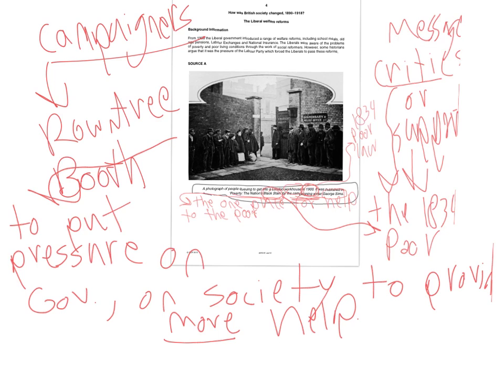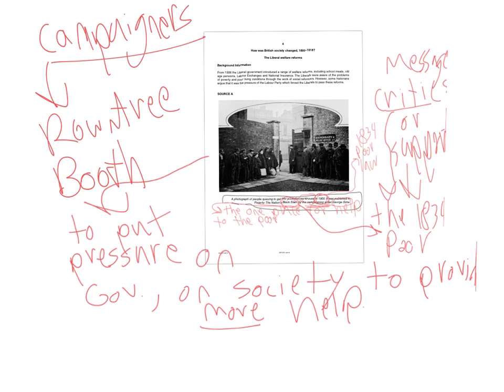So there are many different things you could put for purpose. That's just one of them, about putting pressure. It could be about influencing. It could be about persuading. So hopefully that is enough information that you could then go back